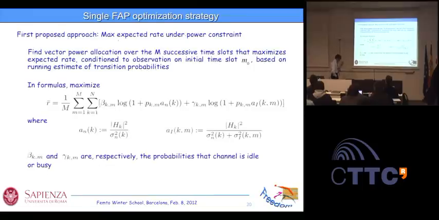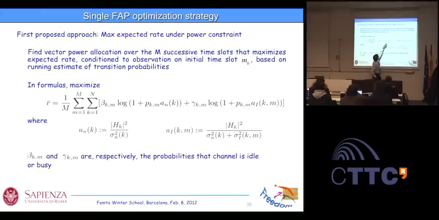Now, let's go directly to our problem. So we want to maximize now the expected rate. This is the expected rate, expected with respect to what? With respect to the interference activity. Just because now the interference activity is not deterministic, we don't know if there is interference. We only know that the interference is present or not with a certain probability. So the expected rate will be the average of the rate with the probability.